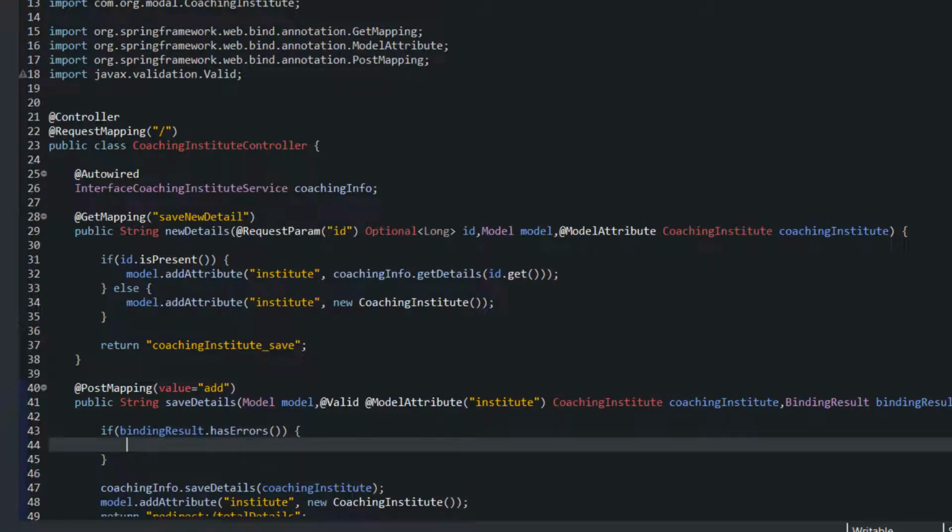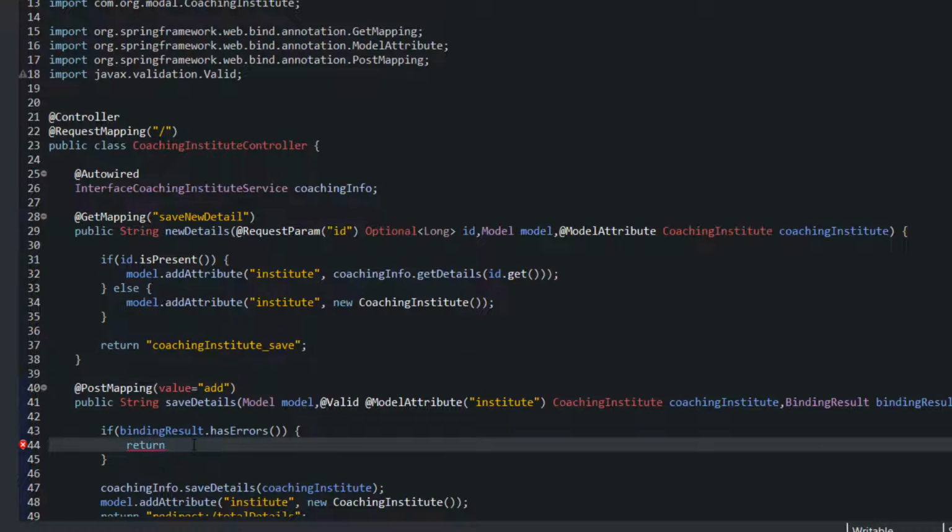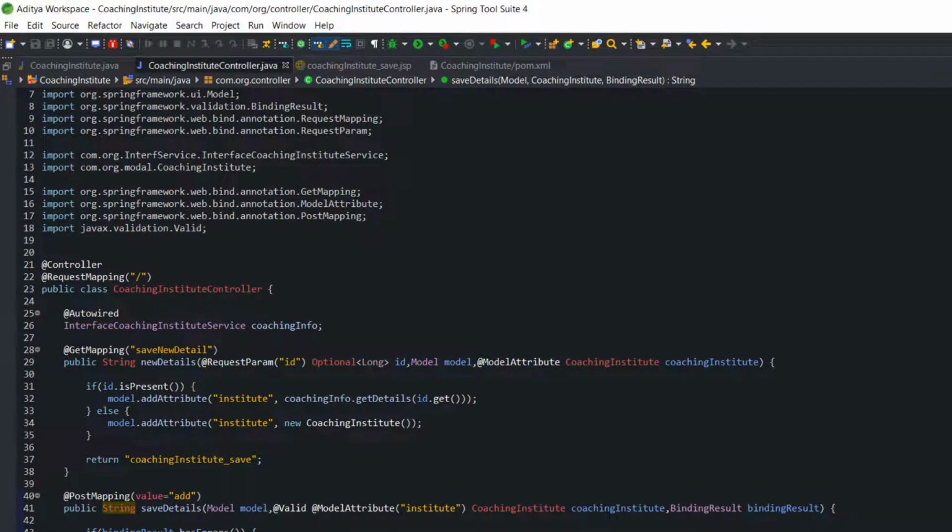Okay, and if it has errors, then it will return that same file. So up to this much we have done. I don't think we have to implement anything more. So this model attribute is bound to here.